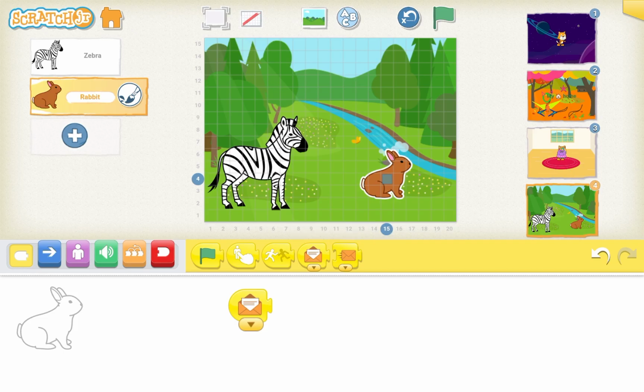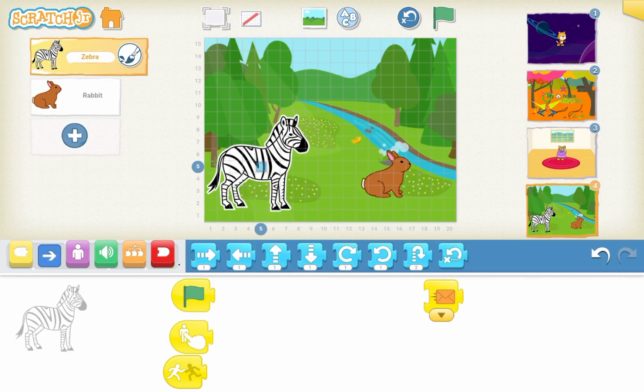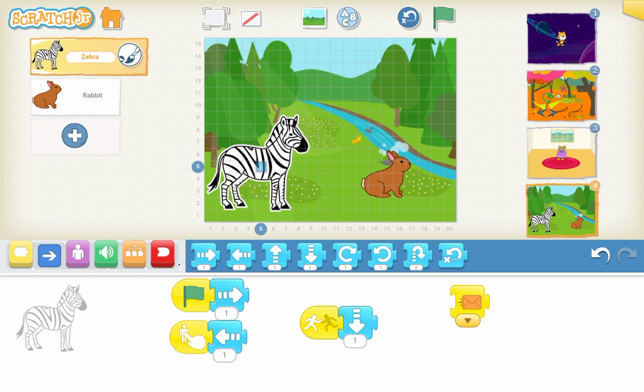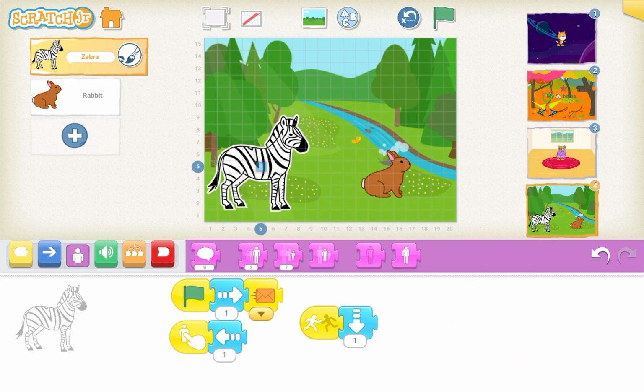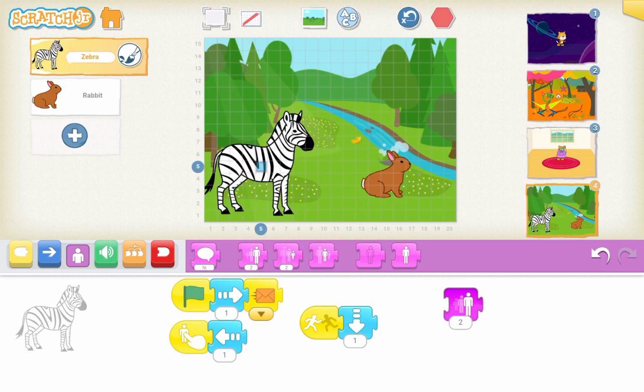Also, there is another option in which the characters can do actions when they touch each other, like the third option here. I am adding different controls. The way we use the blocks is drag and drop. The first option says if you click on the green flag, it would move forward. The second says if you tap on it, it will go backward. And the envelope says it will send a message, but once a message is sent with a closed envelope, the other character